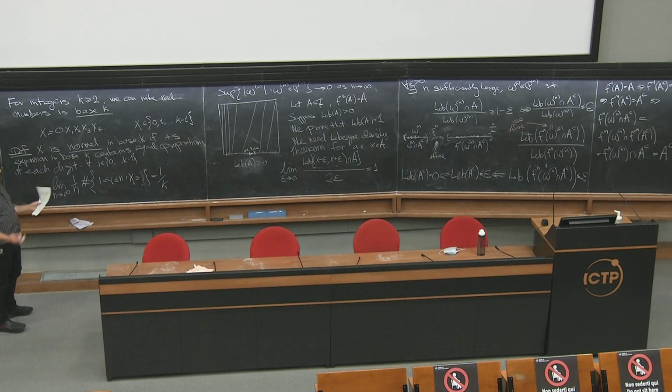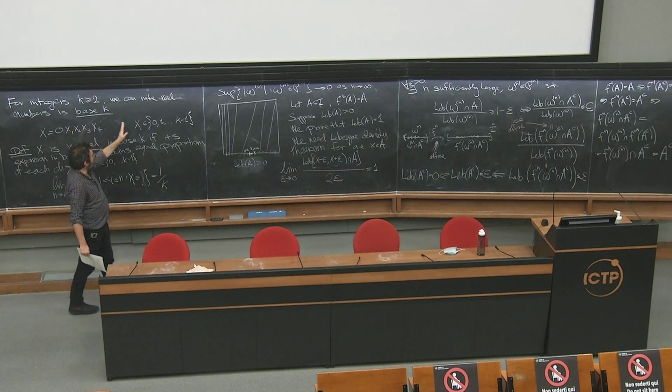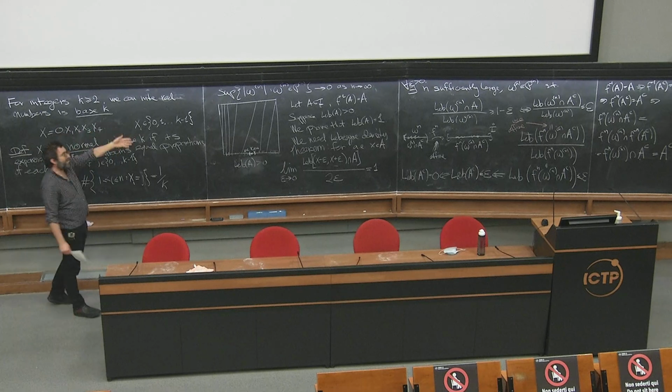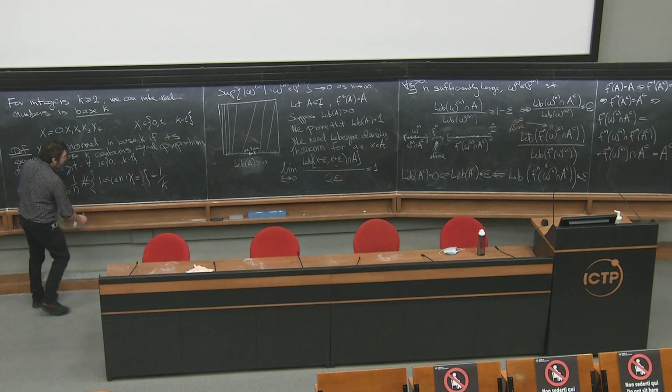You take a number, it may or may not be normal. Clearly, it's easy to construct normal numbers. For example, if I just take a periodic orbit 0, 1, 2 up to 9, and then 0 up to 9 again, this decimal expansion is repeating, and it obviously contains each digit 1/10 of the time. You can also see that you can have non-periodic points that have the same property.